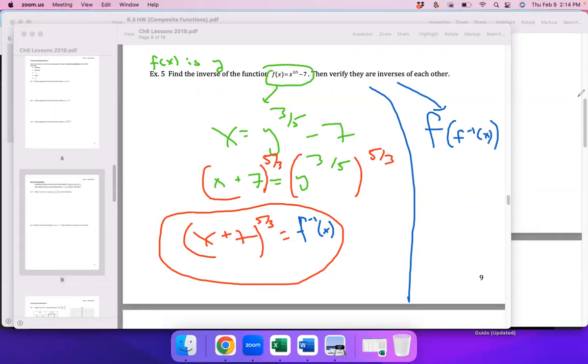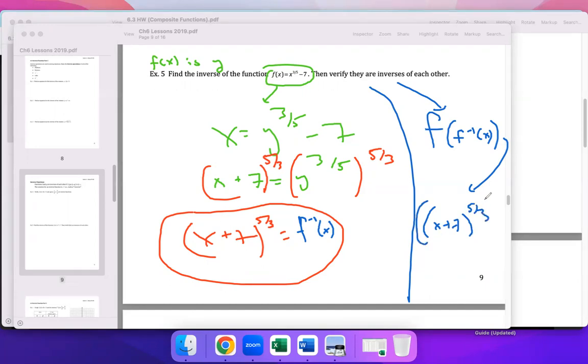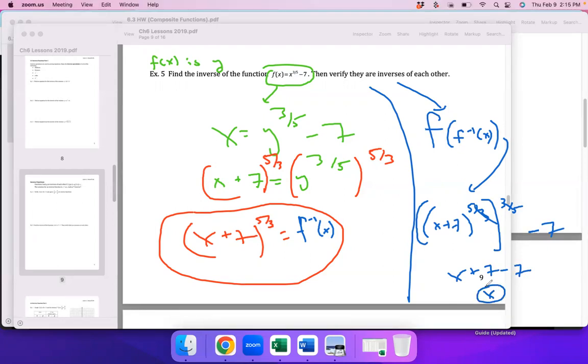Thank you. All right. So when you see this here, you're plugging the inverse into itself, right? If you do that, you get parentheses x plus 7 raised to the 5/3. But then that gets raised to 3/5, because that's part of the original function. Minus 7. And then these would drop out. X plus 7 minus 7 gets you x. That's the verification part. That's when you put this function back into the original, just to verify that it's working right. Since we got x,